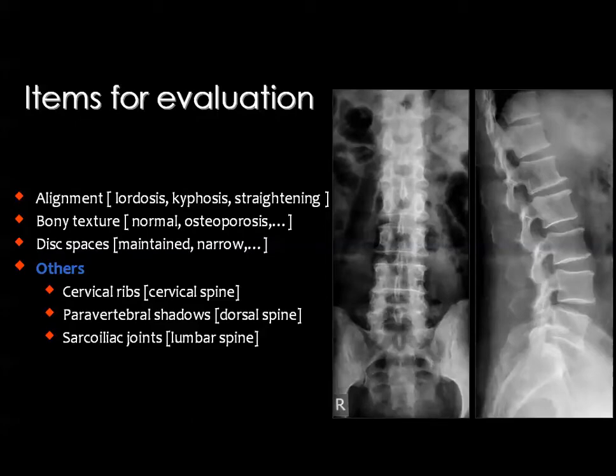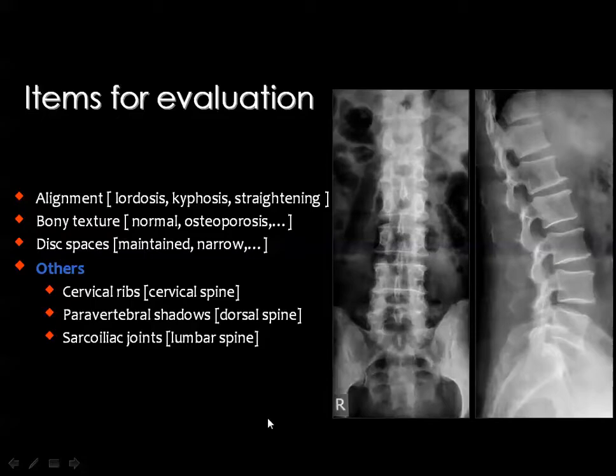Then what to evaluate in the spine by the plain X-ray? We have 3 items for evaluation. Number 1, the alignment. The vertebral alignment, whether lordosis in the cervical and lumbar, kyphosis in the dorsal, and if the curve is straightened, we may say that there is a straightening of the lumbar curve, for example, or cervical curve. Then we look for the bony texture, if the bone density of the vertebrae is normal, or there is osteoporosis or increased bone density,